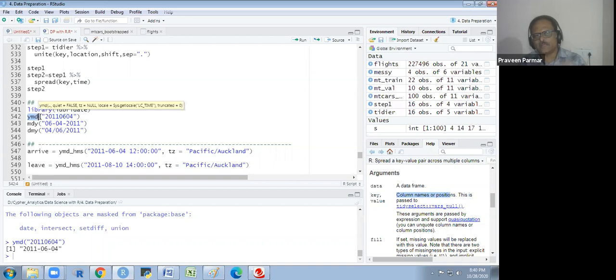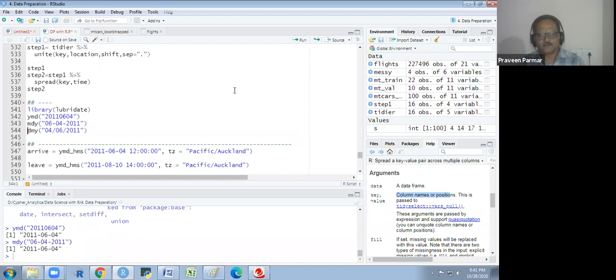It will automatically convert that pattern into this pattern. Here I have 6th month, 4th day and 2011. So I have to write this pattern outside. It will automatically convert to YMD.